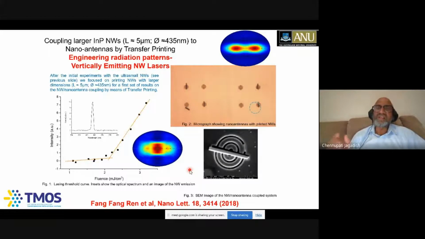By the way, these lasers are really, really tiny, and we can put about 20 lasers within the width of your hair. That really tells you how tiny these lasers are. Why are we interested in tiny lasers? The smaller the laser, the less energy it consumes. You can switch it on and off faster. You can pack more lasers. And depending on what applications you have, you can use it for sensing applications and a range of things as well.